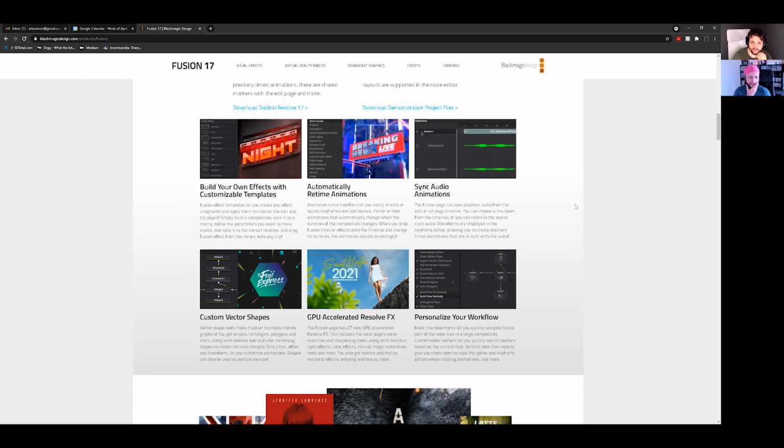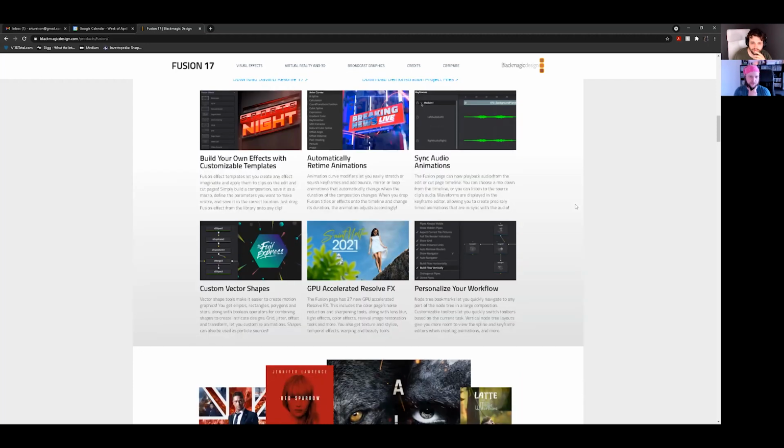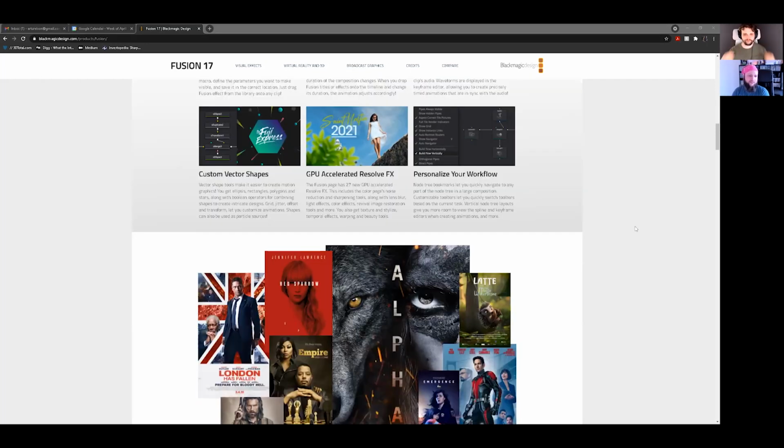So you can create custom transitions, and in DaVinci they have custom vector shapes, so you can create huge motion graphics. That's such a big thing that Nuke has just never ventured into. It's such a rasterized application where everything is rasterized and you're always working in pixel space, which is totally cool. I mean, nothing wrong with that, I guess, but